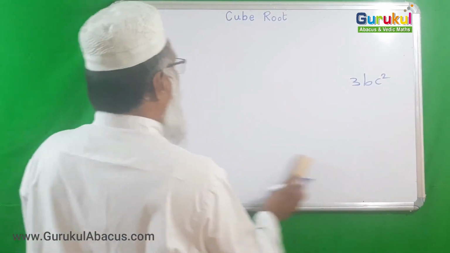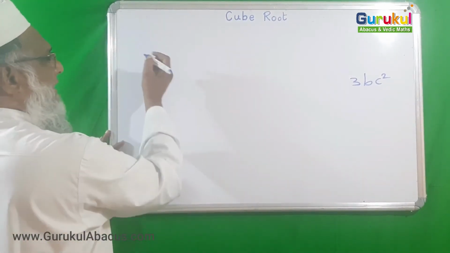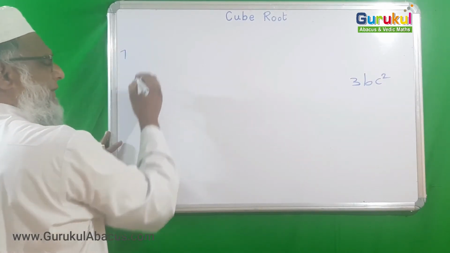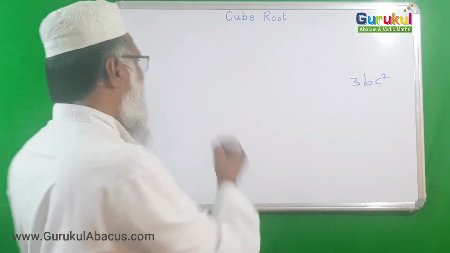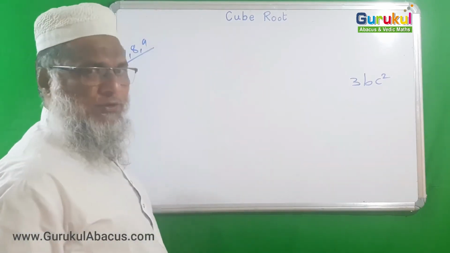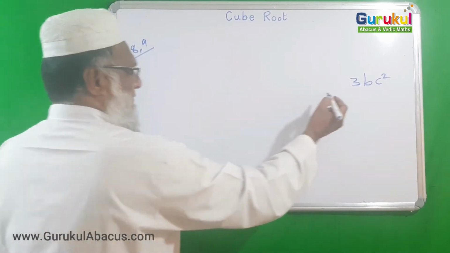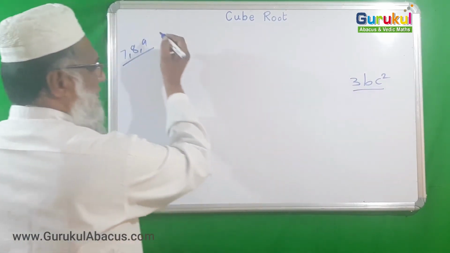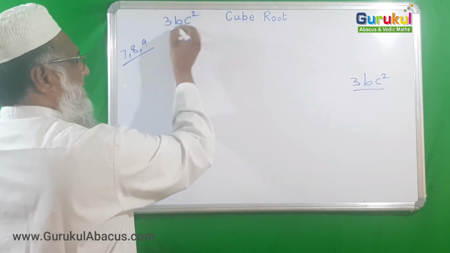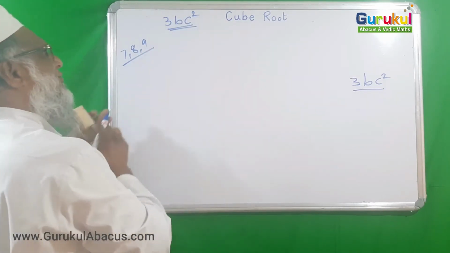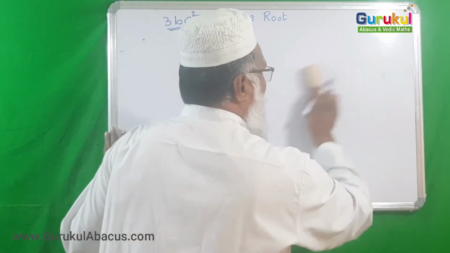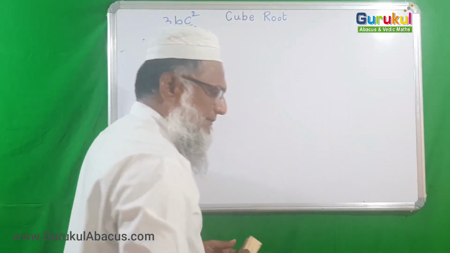So here I am writing the basic formula for when you are going to find the cube root of any 7, 8 or 9 digit cube number. Specially to find the middle digit, you have a formula, that is 3b square, that we should always use. So I am keeping it upside. Now we are turning to solve our examples.